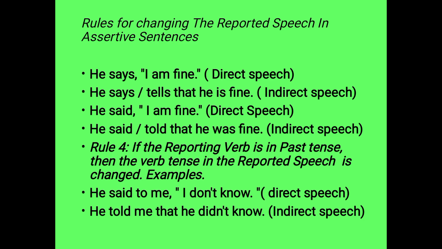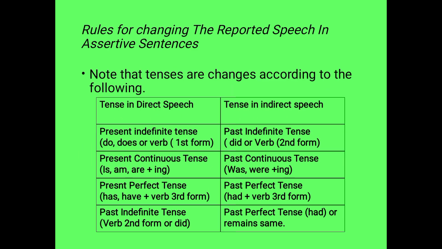Rule number four: if the reporting verb is in the past tense, then the verb tense in the reported speech is changed. Example: He said to me, "I don't know." He told me that he didn't know. Note that the tenses are changed according to the following table: